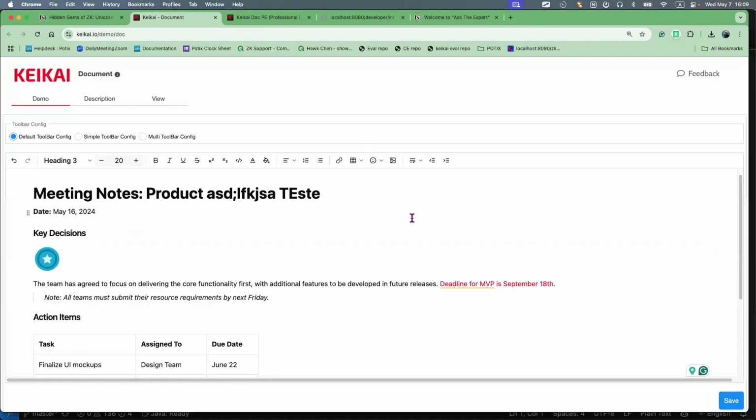So you cannot place this image after, for example, this key decision. It's not supported for now. Okay, so you will have line height, indent, outdent, these kinds of